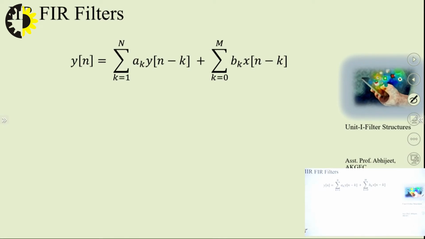So, discrete time systems are defined based on input output relationship also. So, these are defined by linear constant coefficient difference equations. In this equation, this is a general form of equations. Of course, this equation is for causal systems since we are starting from k is equal to 1 or 0. So, the present output in general form is equal to